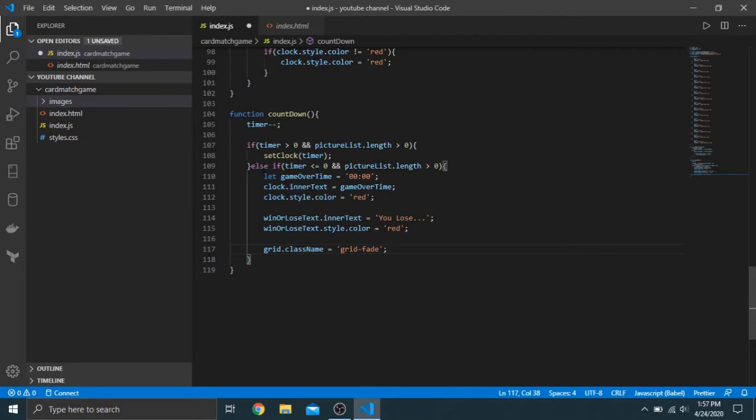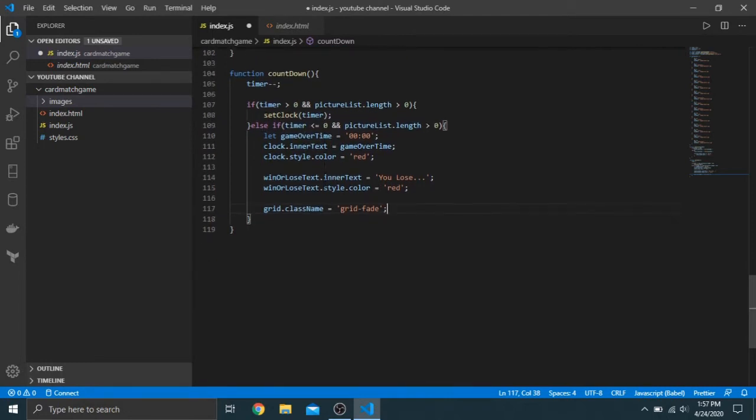Now you can do a display of none if you don't want the user to even be able to click on the images when the grid fades, but because they can't see anything anyway when they click on it, it should be fine. You also can do, well, not also, this is actually one of the things I did. So let me do